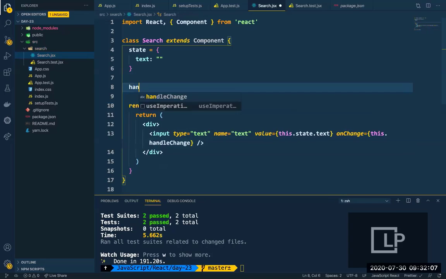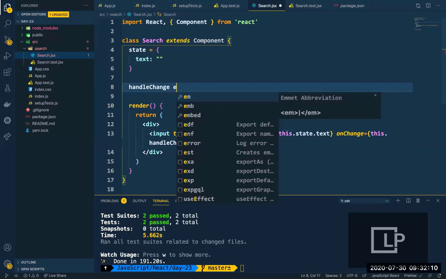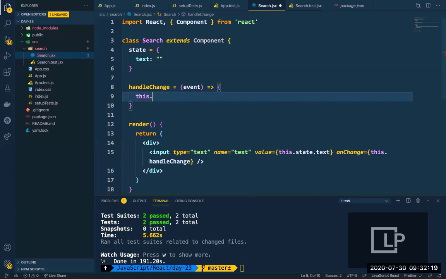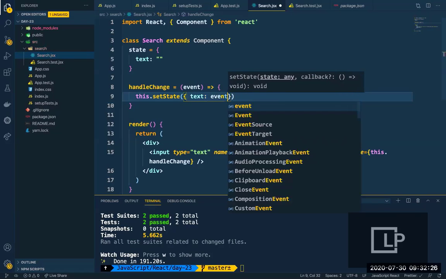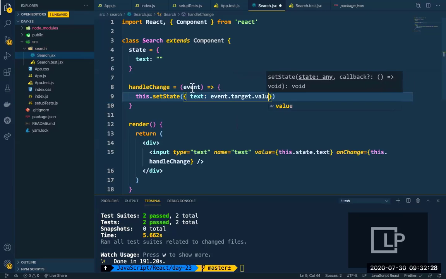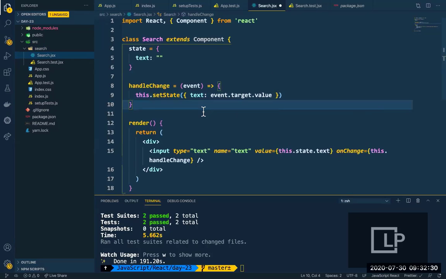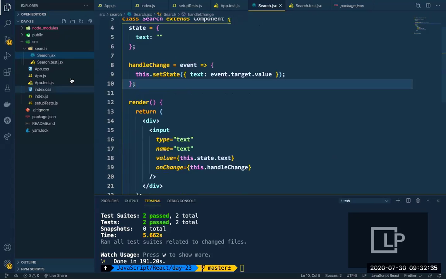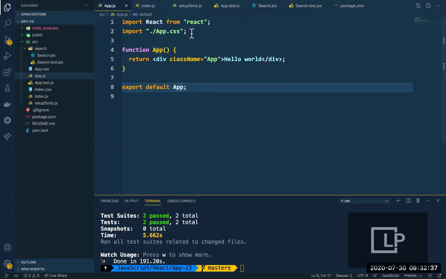Let me create some handle change event. It should be an arrow function even. Otherwise, I need to have the ugly bind syntax. And then this dot set state of event. So it should be text of event dot target dot value. Okay, that's it. So yeah, I'm going to just import this component inside my app.js to show that it works